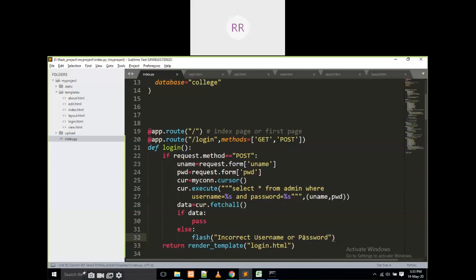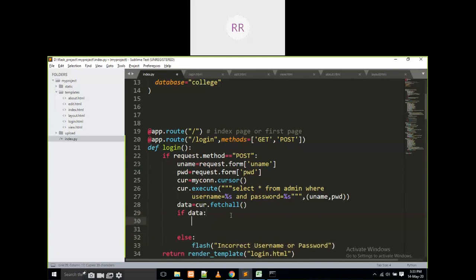We have to mention like this. Here I have to write. No problem for that. Copy it, and what I have to write? Login successfully. Login successfully, and then before that, what I have to do? Yes, login successfully, no problem for that.